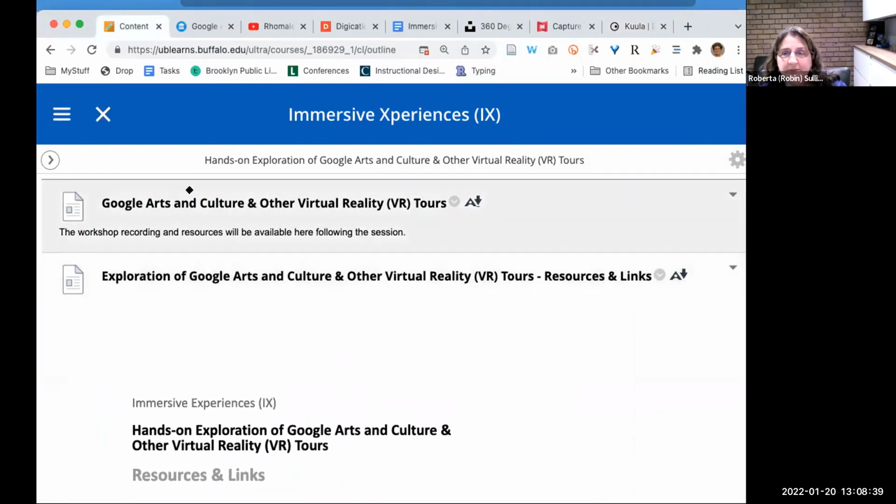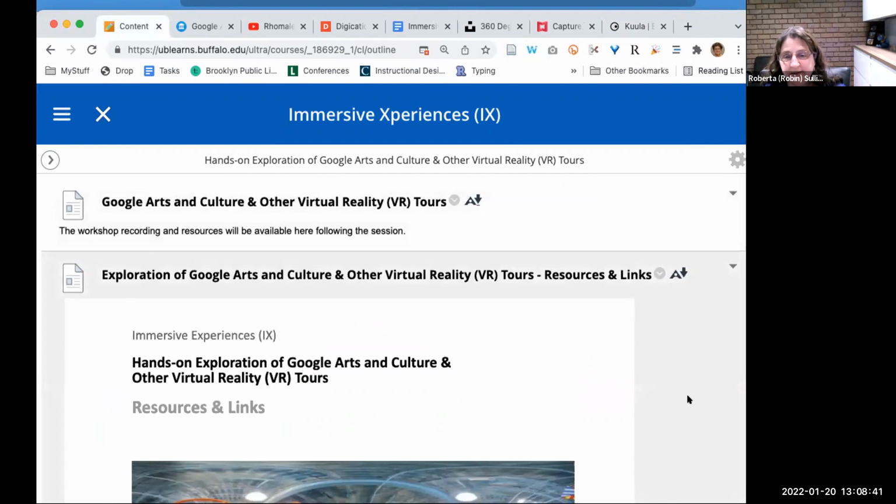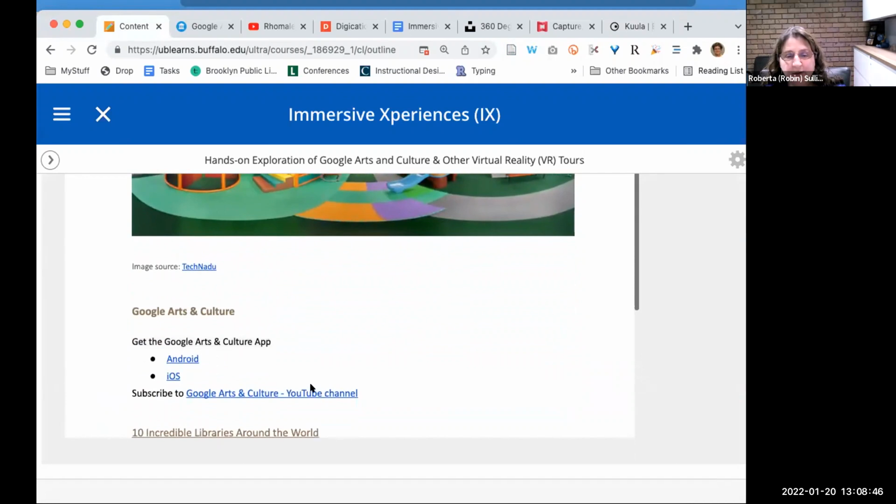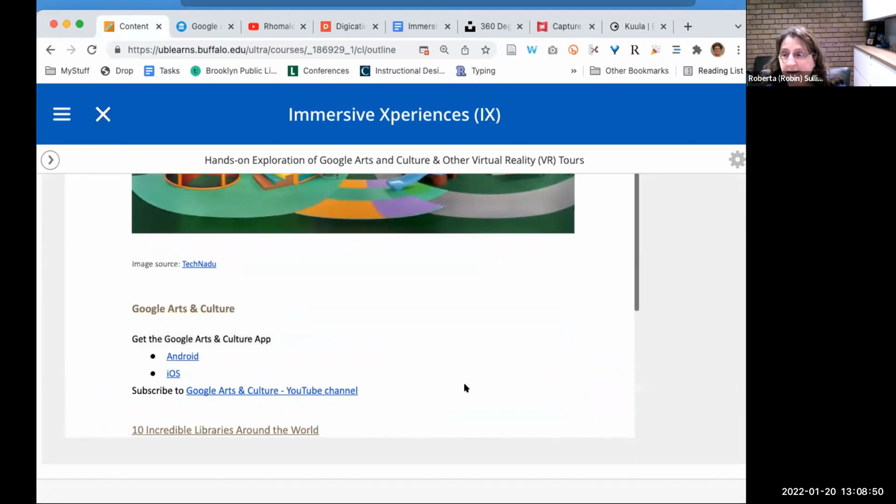Inside of the UB Learns course, there is just a simple document that has information about how to download the Google Arts and Culture app. And they have expanded. They used to be pretty much mainly virtual reality tours. But now that I was in there this past weekend, they have all kinds of games and activities and augmented reality. I was able to pull up a Van Gogh painting and float it in the middle of my living